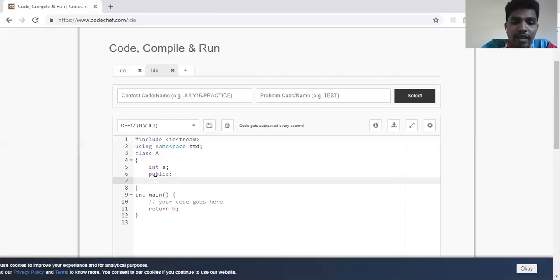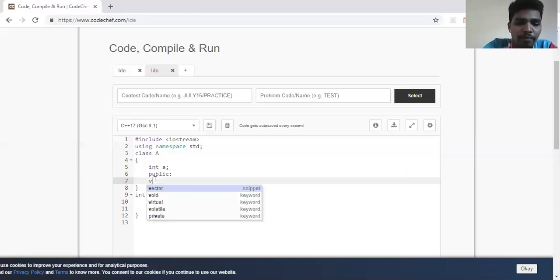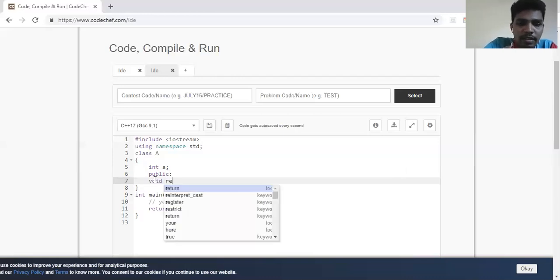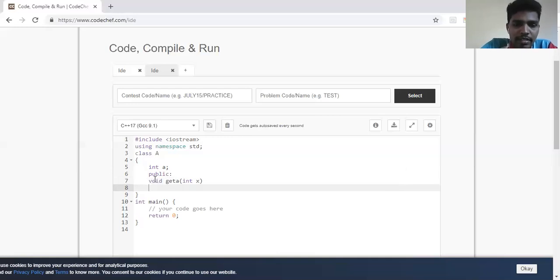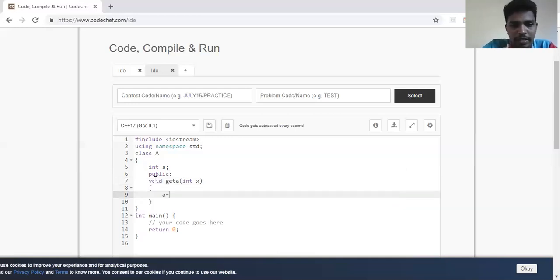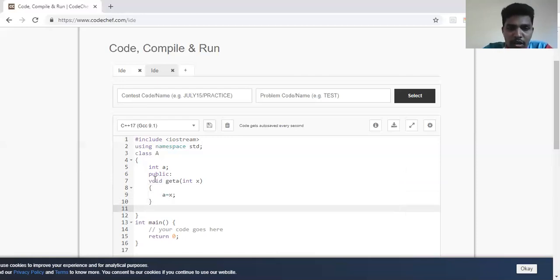So see here, if I have to give a value to that a, I'll write void, and then int x. I'll make a equal to x. A simple function which takes an argument, and that argument is assigned to a.